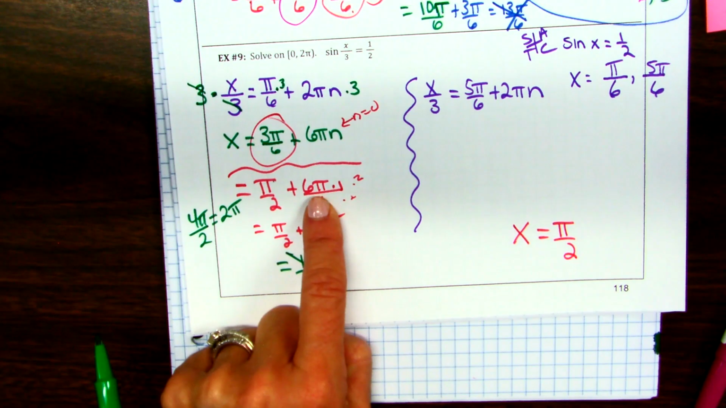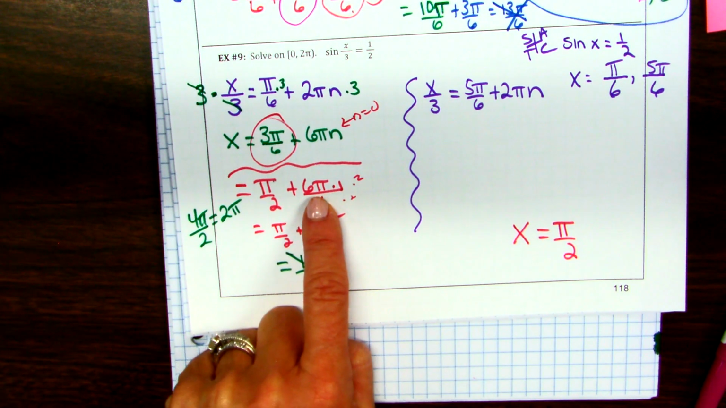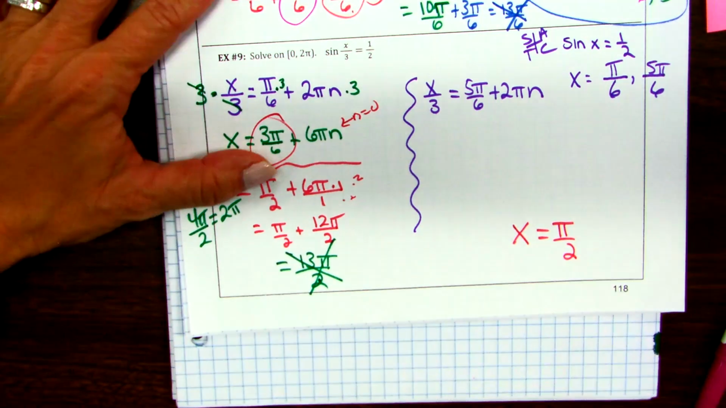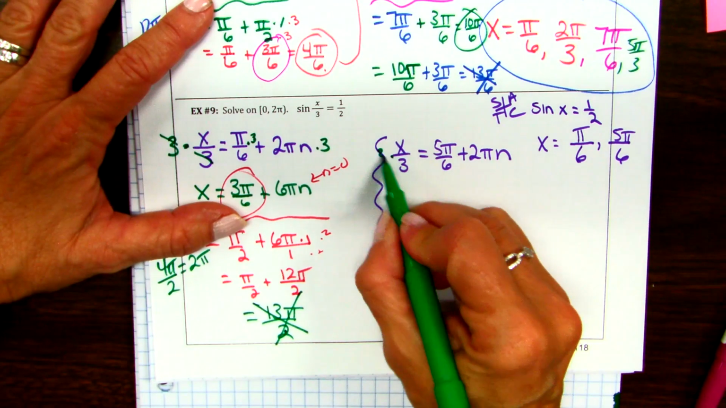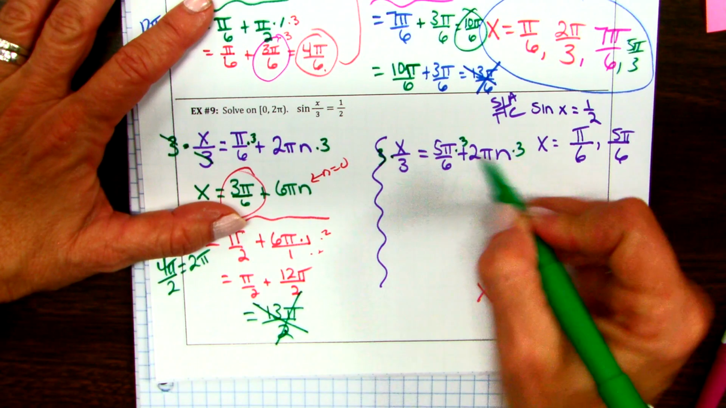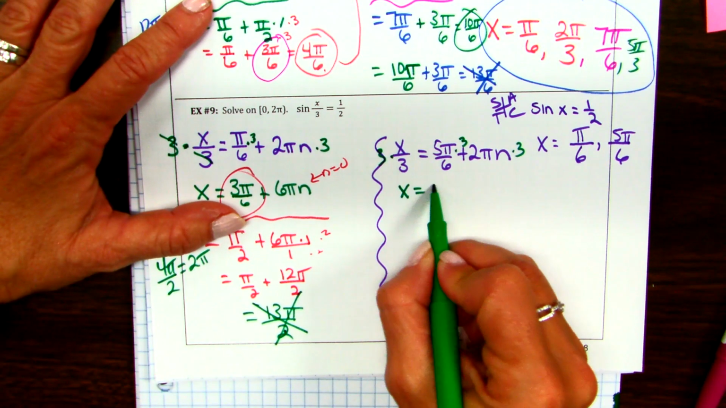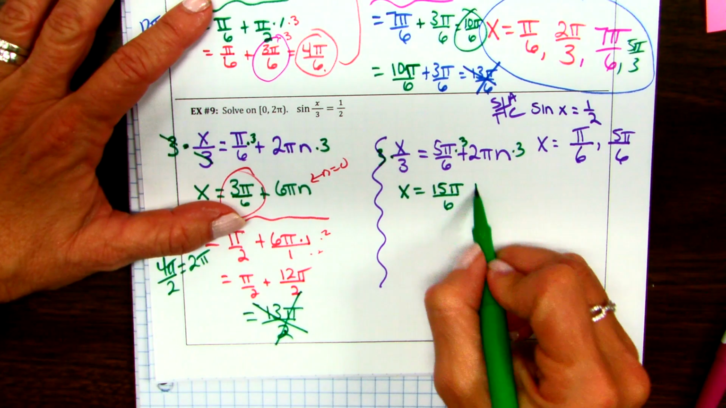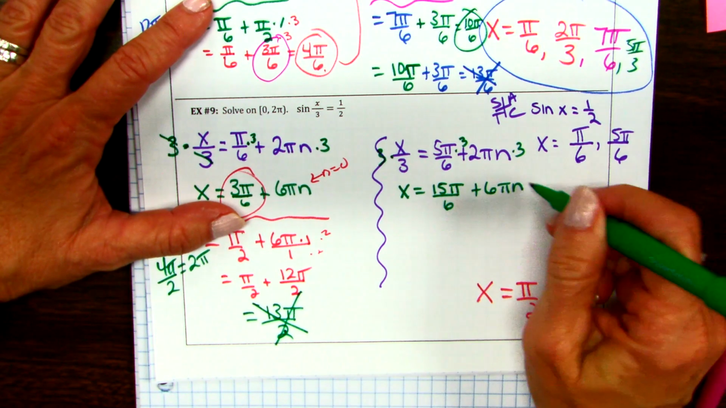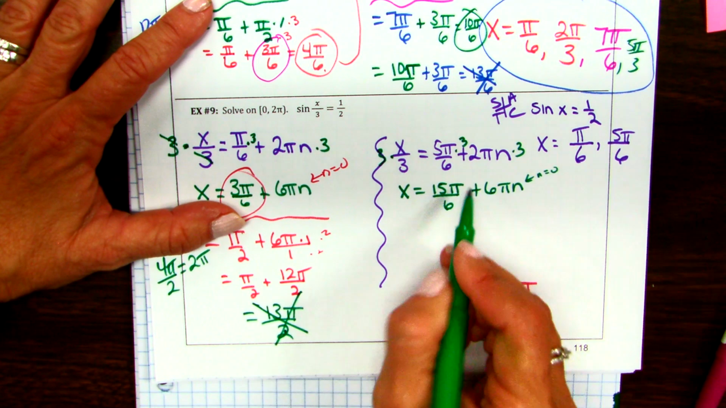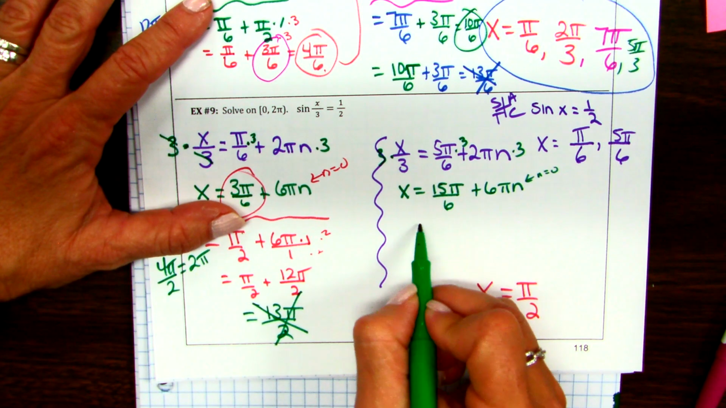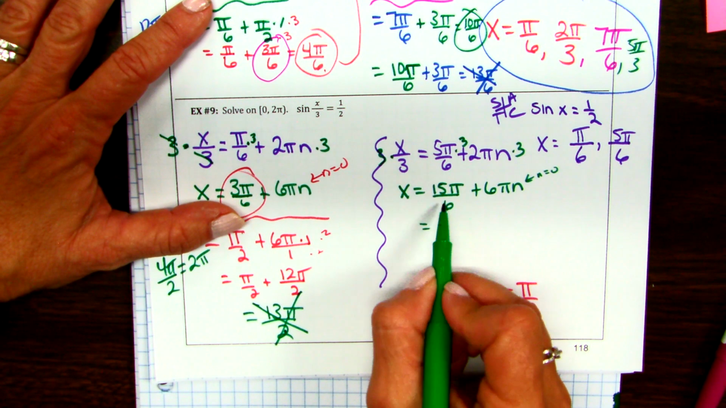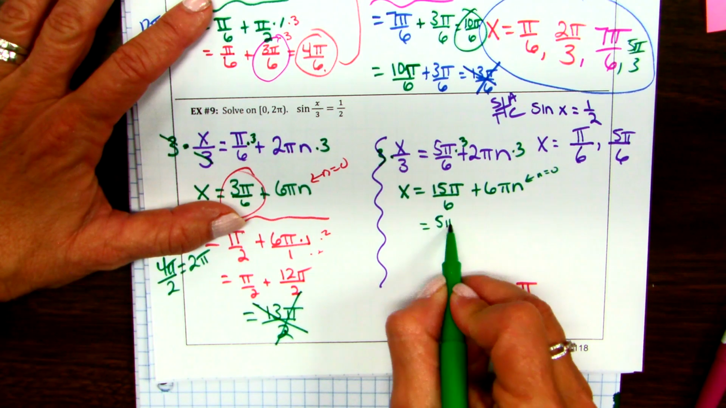6 pi, that's 2 pi is 1 circle. So 6 pi is definitely going to be right? So let's take this next one. Multiply by 3, by 3, by 3. Same math. So I get x equals 15 pi over 6 plus 6 pi n. So when n is 0, this would be my first answer. If I simplify 15 pi over 6, that's dividing the top and the bottom by 3, I get 5 pi